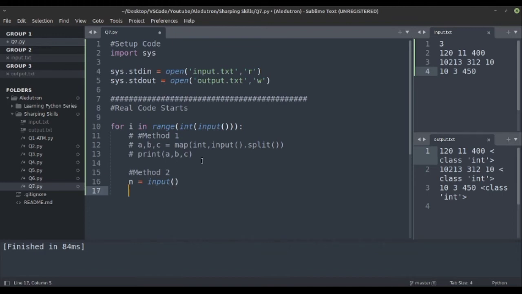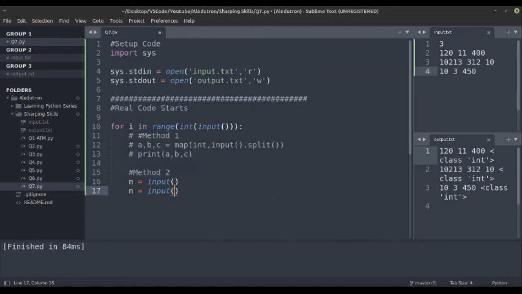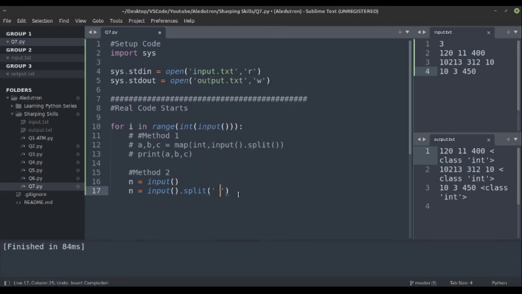You can take anything, but t we generally use for test cases, so to avoid confusion, n is the input, and then we will split: n equal to input dot split using space. As I said, it is not necessary to mention that, as the default is space, and others you can mention if there are commas or something else.